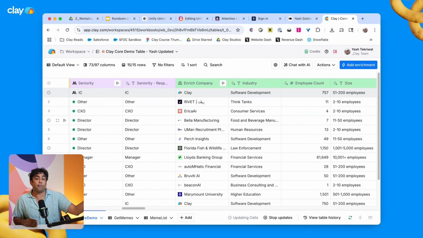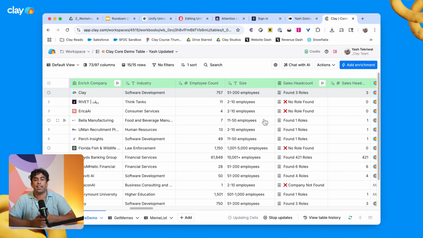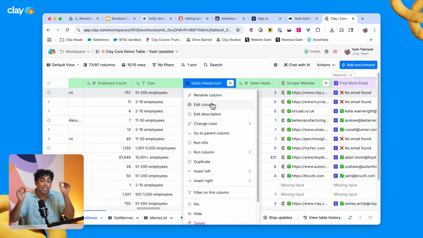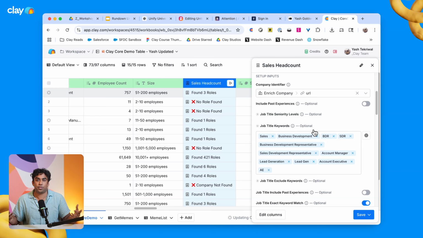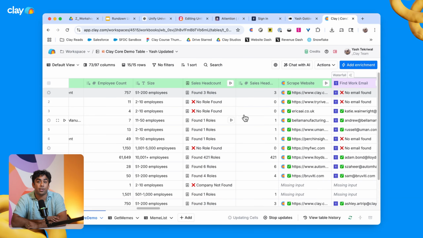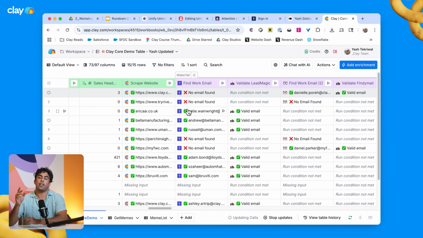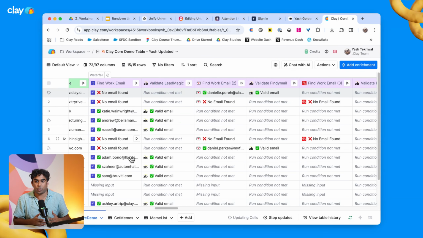From there, we move on to the firmographic enrichments over in the green columns, getting data like industry, headcount, and specific team headcount, in this demo table, an instance of sales, and a scrape of the company's homepage for company context. Now that we've done these basic people and company enrichments, we get to see the power of our ecosystem of 100 plus different data providers. We waterfall 10 different providers with validation built in to find the work emails. And you can see clearly from this waterfall that with just one or two of these providers, coverage would be 60 to 70%. But with the full waterfall across all 10 providers, you end up with pretty much 100% coverage